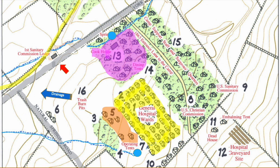Dr. Henry Janes establishes Camp Letterman on Wolfe's Woods for several important reasons. First of all, the railroad and the roads are important to move soldiers out. Secondly, there's a large supply of fresh water with at least 2 springs, and more importantly, more springs could be dug later. And more importantly, the land gently sloped away towards York Pike, taking drainage away from the sick and